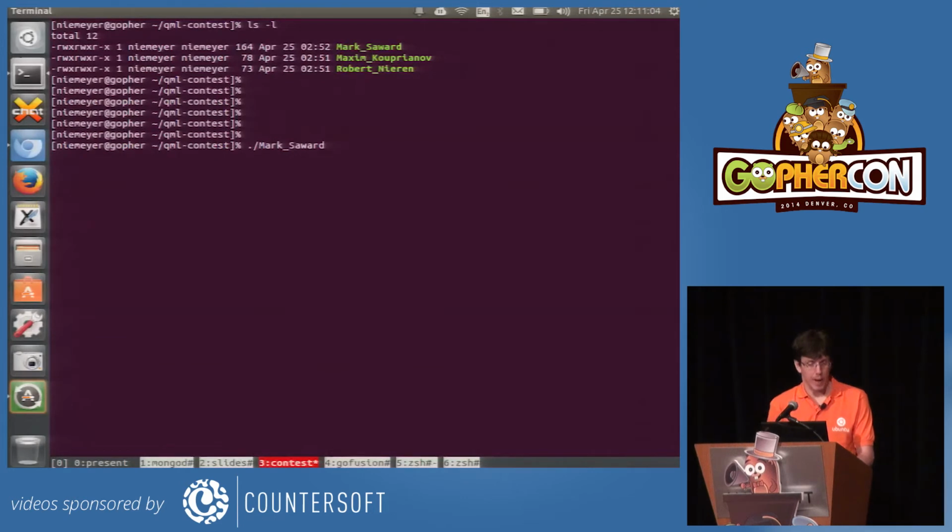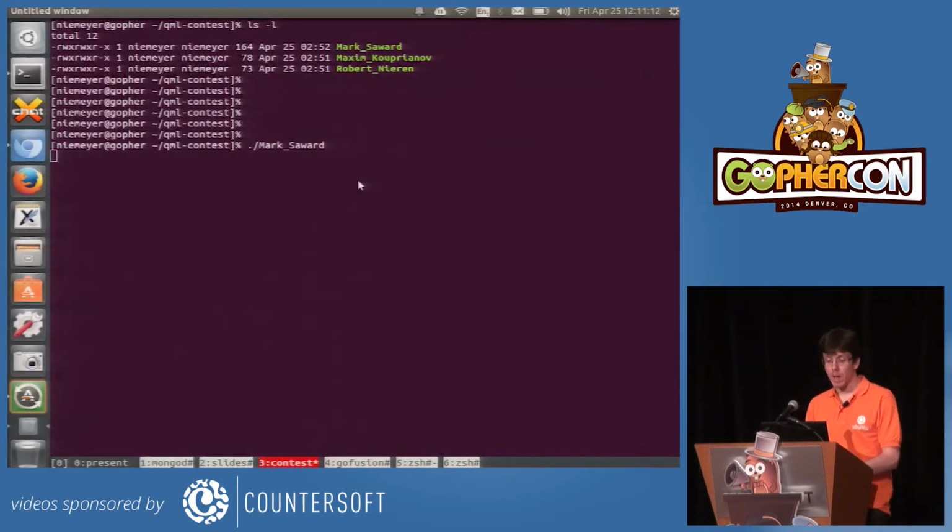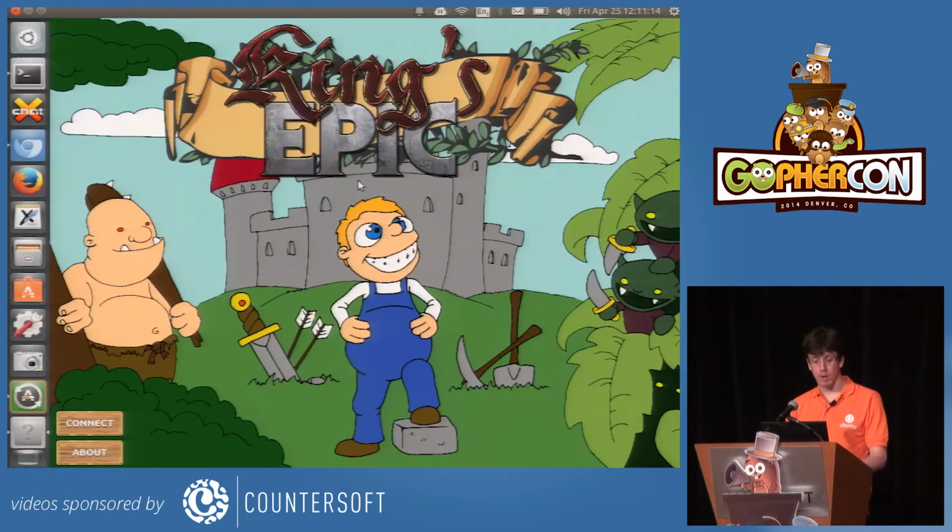Mark created an application where the goal is actually to create a real application. He wants to create a multi-platform game, and he wants to run it on Windows, on Mac, and on Linux. It's at a very early stage, and we have to give him some credit for that. It was written on short notice. He wants to continue doing that, but just so he could participate, he provided a work-in-progress copy we could judge.